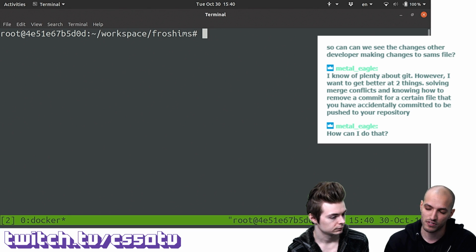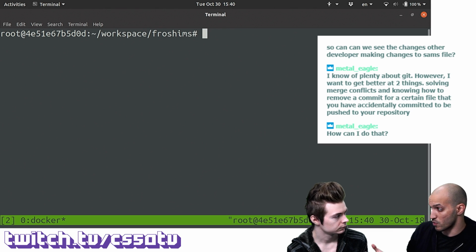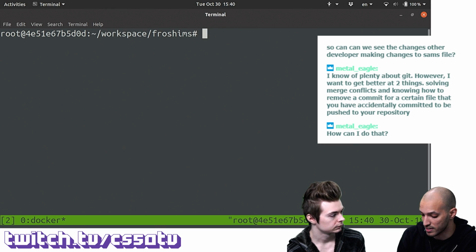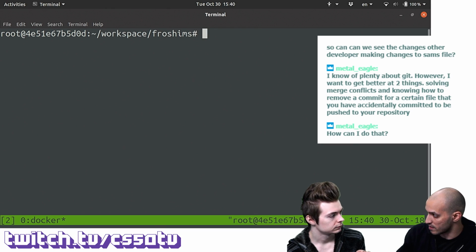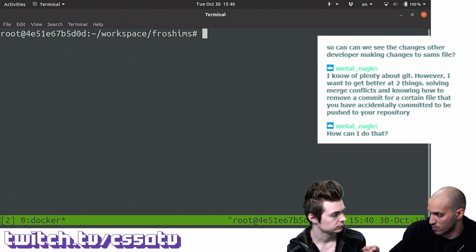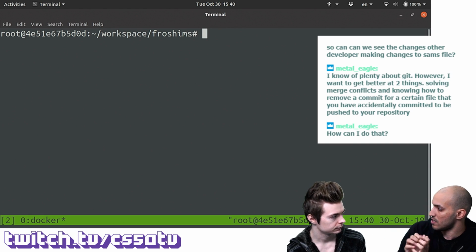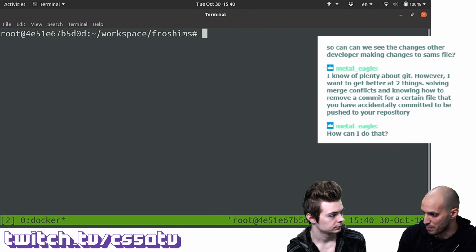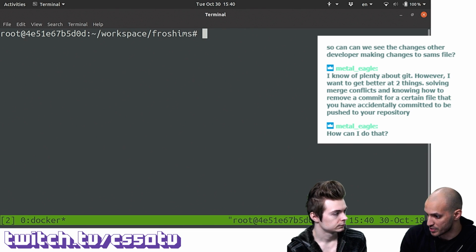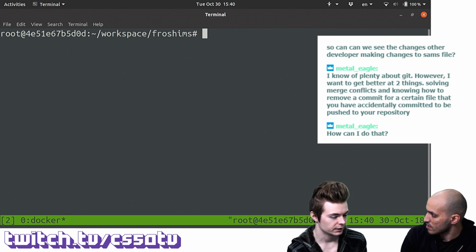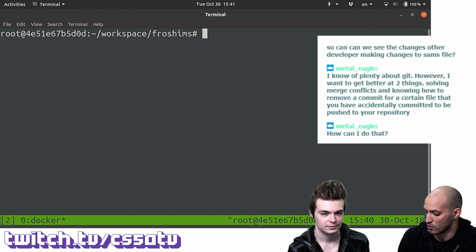And just to clarify a little bit, a merge conflict happens when you and I are working on the same file, potentially, and we modify the same line or same lines in two different commits, and then we try to merge these changes back together. The problem is, when you merge these changes, Git doesn't know, do you need your changes or my changes? And so we have to resolve these manually.